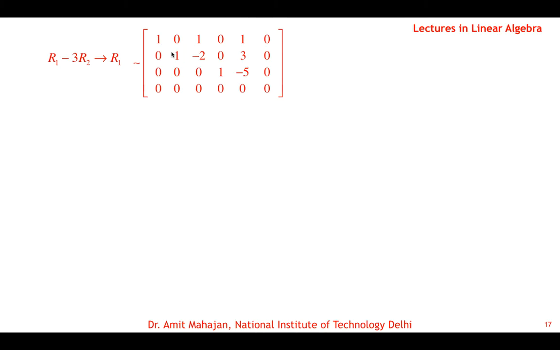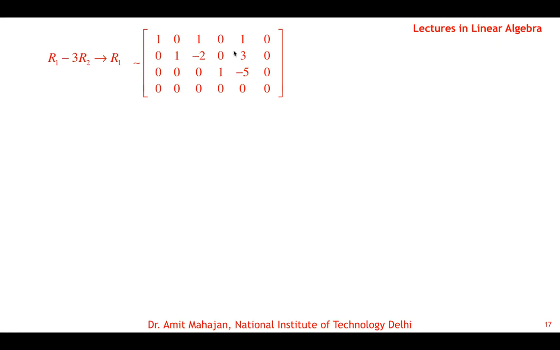You can clearly see pivot positions are 1 1 1, and they are the only non-zero, and the other properties are also satisfied. All the five properties are satisfied. So now we can calculate the solution from here. We can calculate that x1 is minus x3 minus x5. x3 and x5 are free variables.